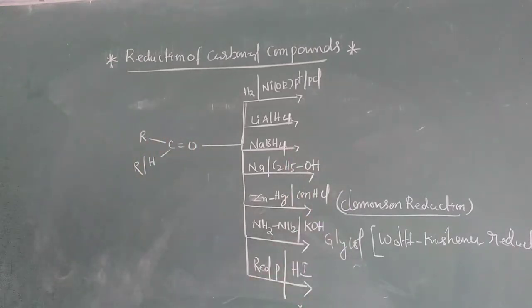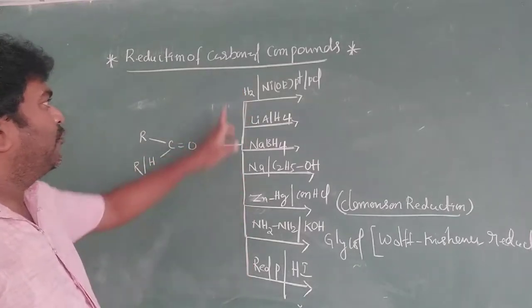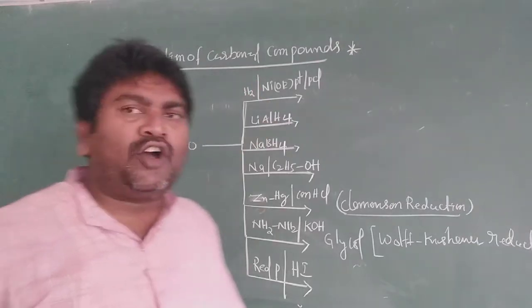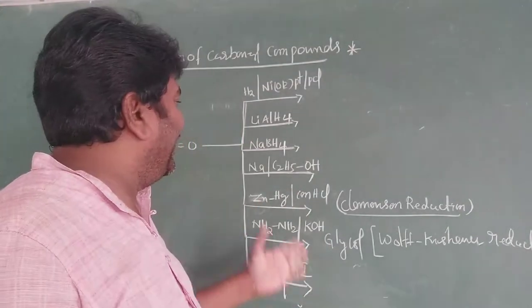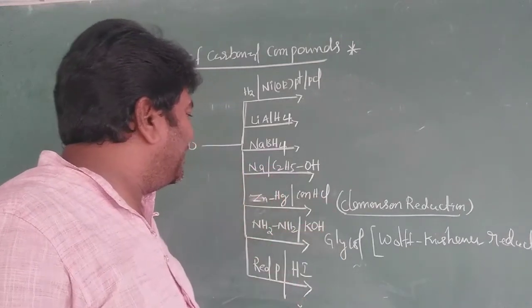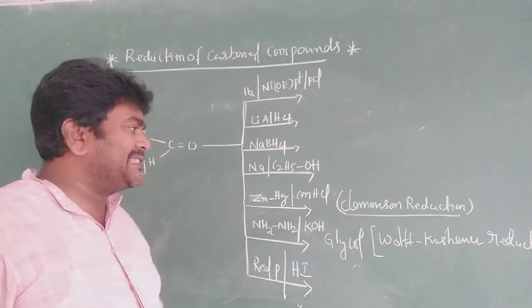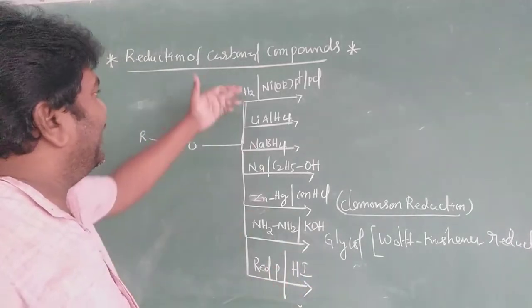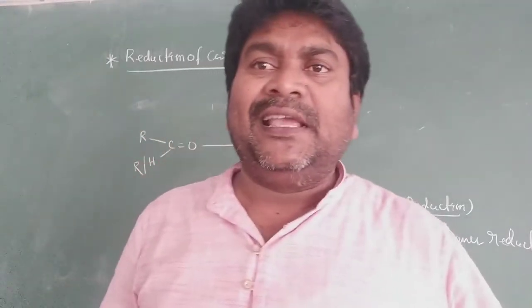Okay, see here. Carbonyl compounds undergo reduction. These are all reducing agents. First one, addition of hydrogen in presence of catalyst, nickel, platinum or palladium. Second, lithium aluminum hydride, sodium borohydride, sodium metal in presence of ethyl alcohol, zinc amalgam and concentrated HCl. Next, hydrazine in presence of KOH, called the Wolff-Kishner reduction reaction. Red phosphorus in presence of HI. That is 1, 2, 3, 4, 5, 6, 7. These 7 reactions are examples of reduction reactions.